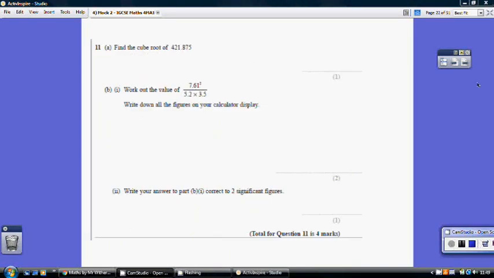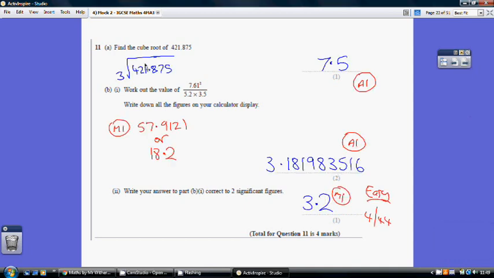Question 11. So parts A and B1, we're just using our calculators to find, so be careful, find the cube root of 421.875. So use the cube root button on your calculator, not the square root, the cube root button, to give us 7.5. Now for part B1, make sure you take advantage of using that fractions button, which is